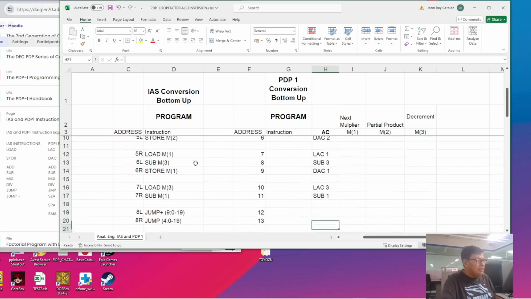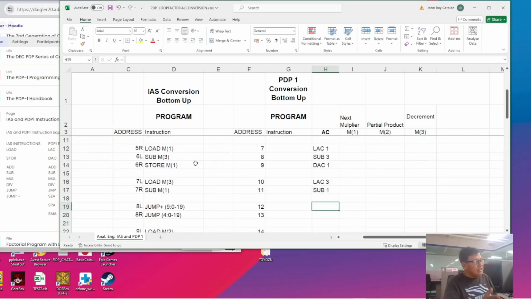And here's a jump. We can either use SZA or SPA, they will both function the same way. So let's use, in our case, SZA. There's no question if you use SPA. SZA means skip the next line if the accumulator is 0. And then jump 4, we just translate it to JMP 4.